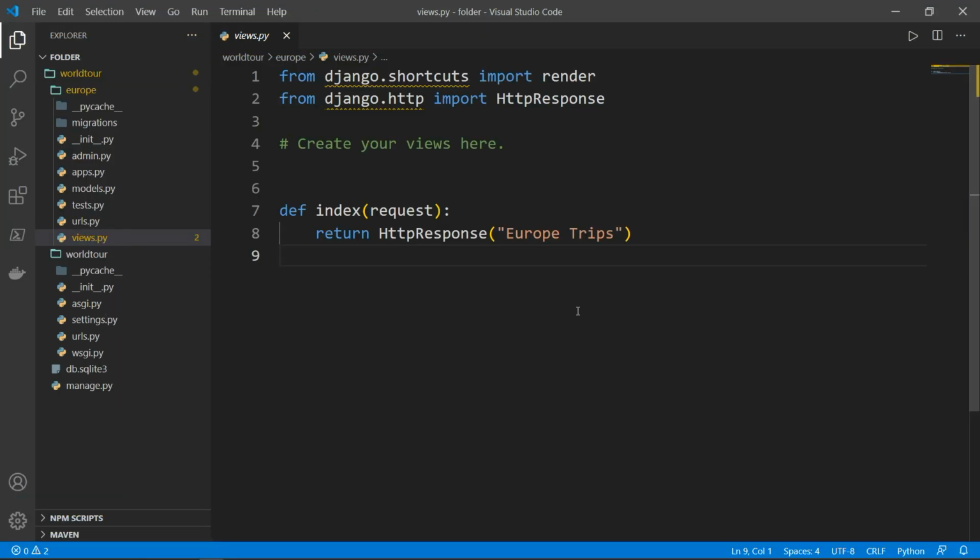Okay, now let's talk about rendering templates. One more feature that we want for the application to do is to not only display text in the shell like we have seen, but to return an HTML template. What we will need to do is go to views.py, and instead of the return statement for HttpResponse just displaying Europe trips as a header, we want to substitute that by return render, and we want to render the request, and the second argument is the name of the HTML template. So it will be trips